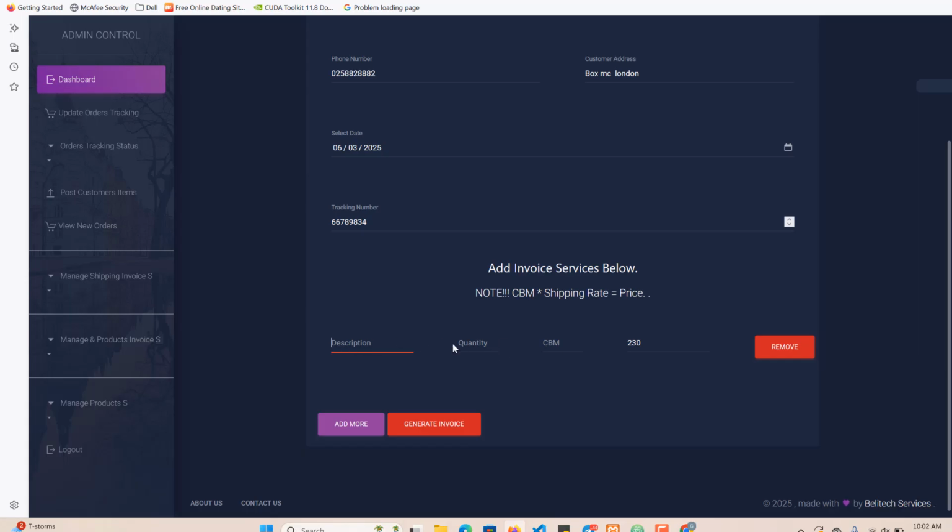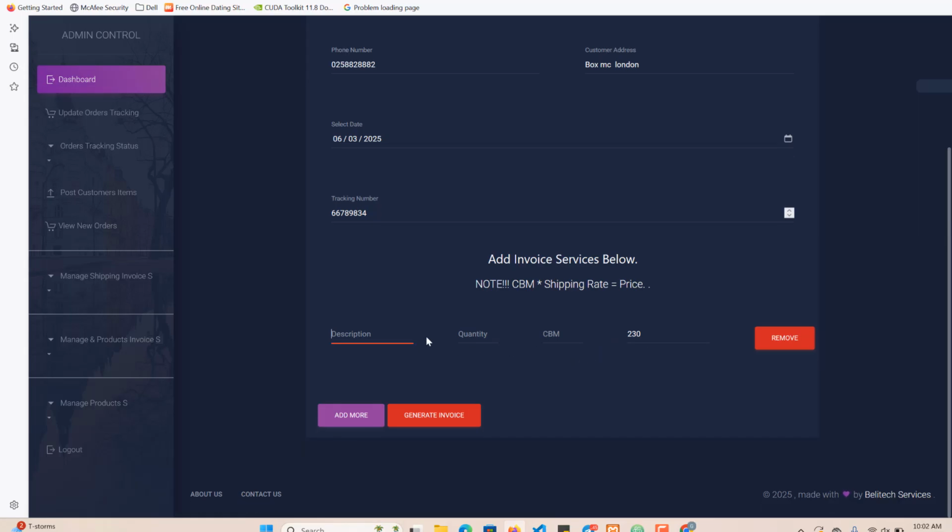The shipping invoice is slightly different from the normal basic invoice. This is how the shipping companies work. First we type in the description, maybe bag of pepper, for 200 kg. Then the quantity, maybe 3. Then the CBM. This CBM is like a rate. It's the weight. When the item is scaled, the weight will be multiplied by the